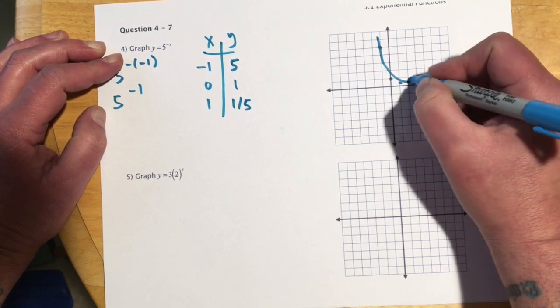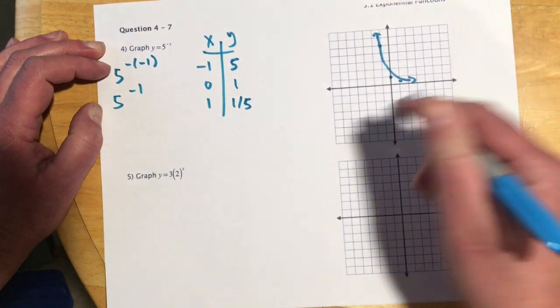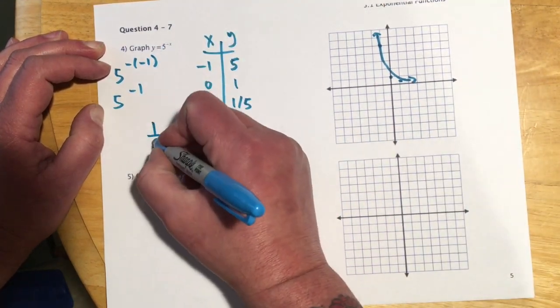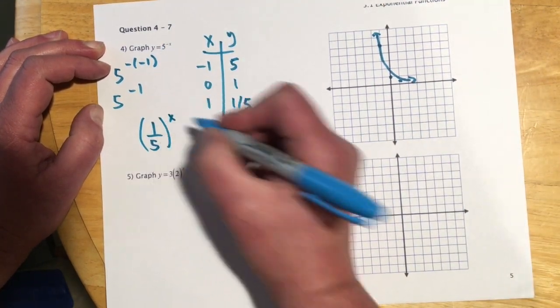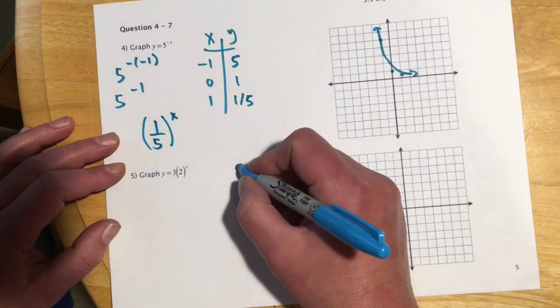So pretend like I went through that point, but that's the general idea. And the reason this is the same as the last one is because I can write this as 1/5 to the positive x. So it actually could be written with that fractional base again. Here,